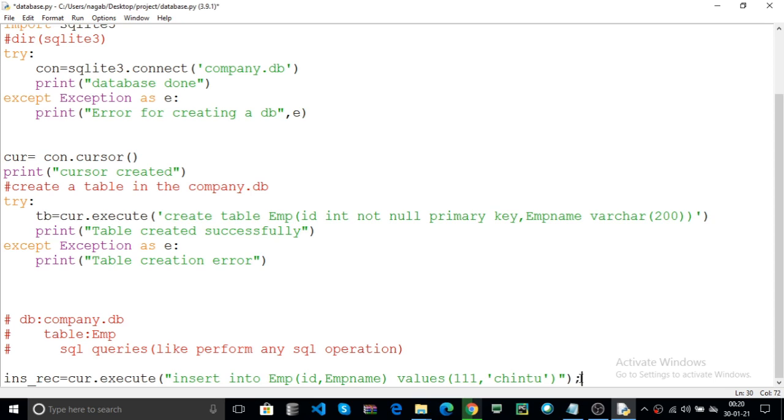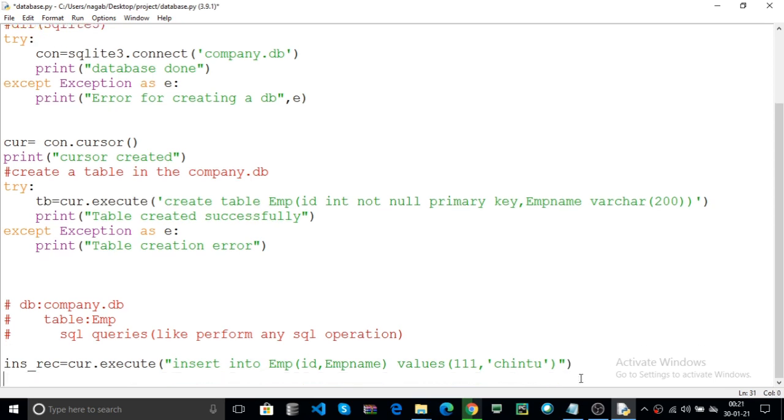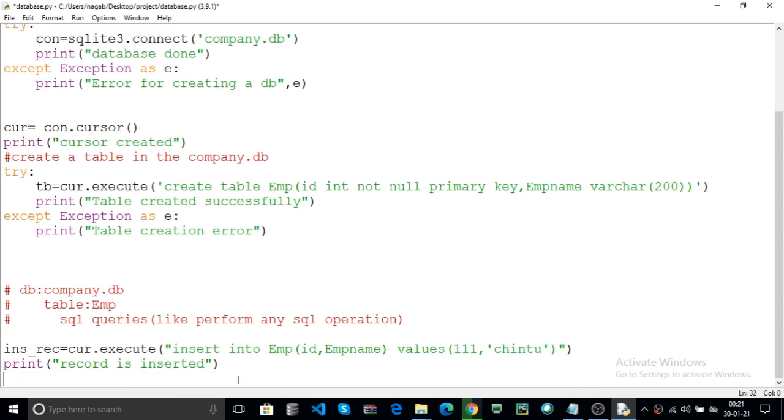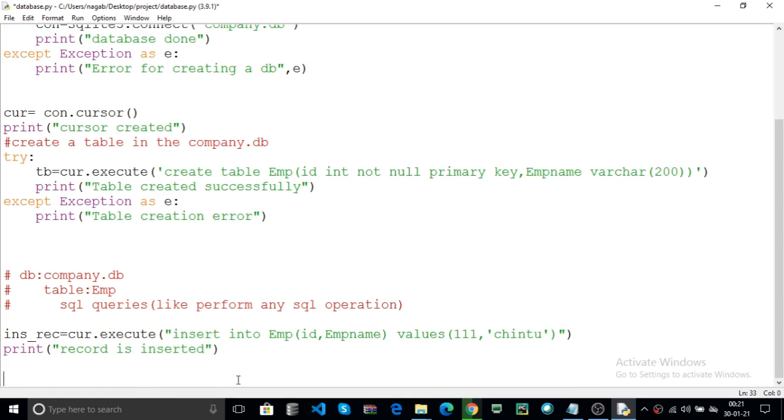You can also use the semicolon here after inserting one record. Now print record is inserted. Now you can check if the record is inserted into your table or not.